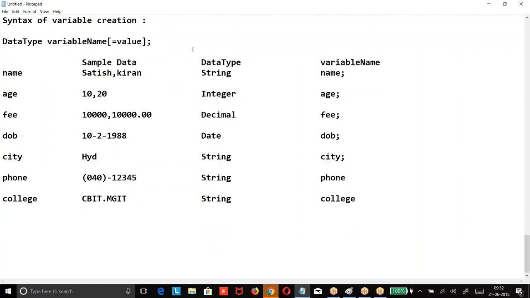So your data type should be decided based on the data. First know what is the data you are going to take, then define the data type. You are supposed to collect some sample data. Accordingly, you have to decide what the data type is. Are you clear? Now,